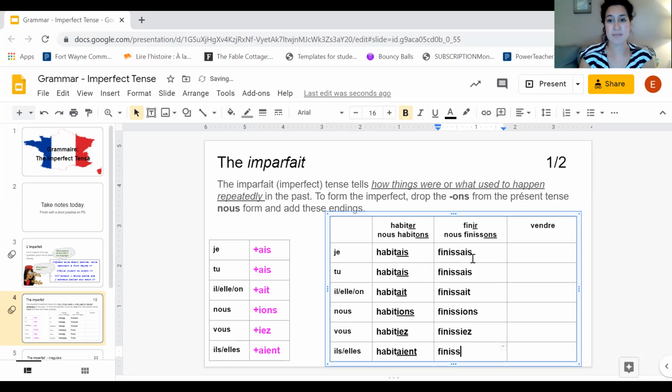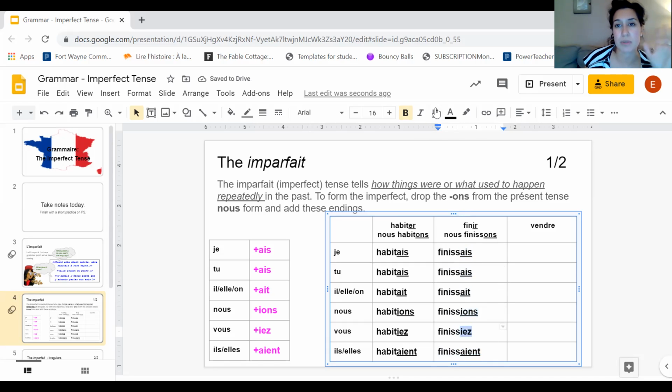finissez, finissent. They all sound the same, except for the nous and vous form. Okay, so you see how that is spelled different, it sounds different, so you do have to apply this rule,